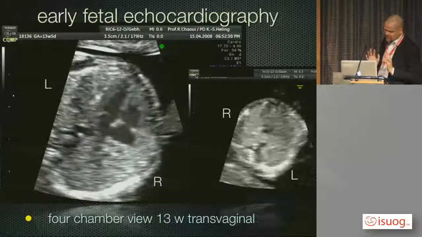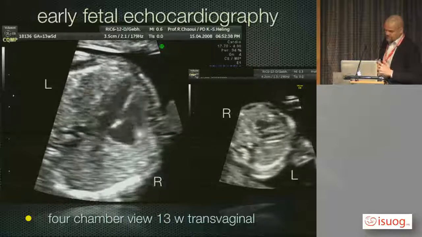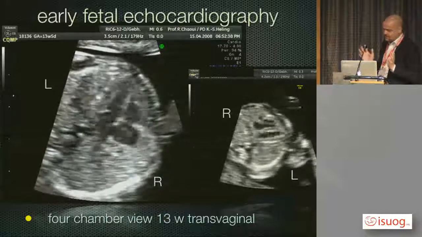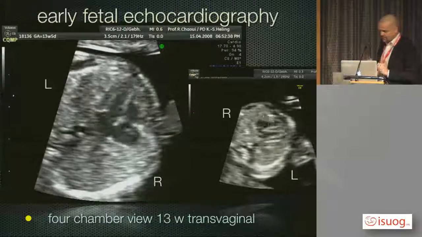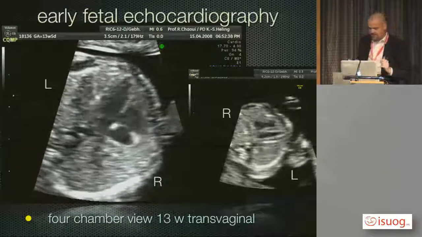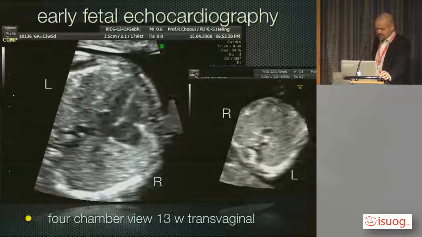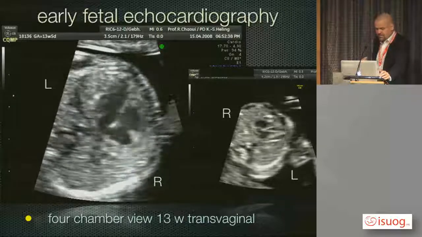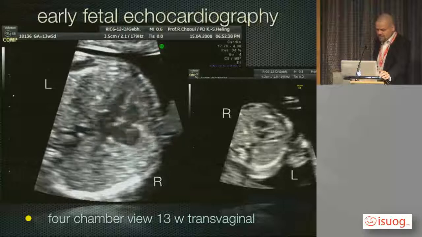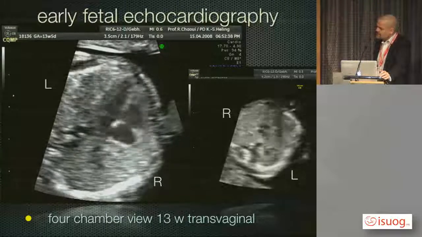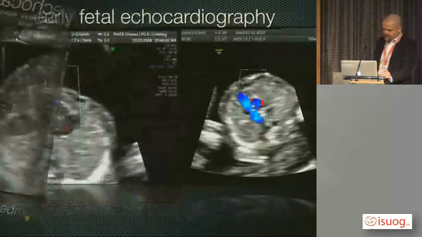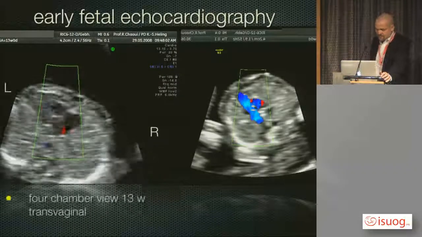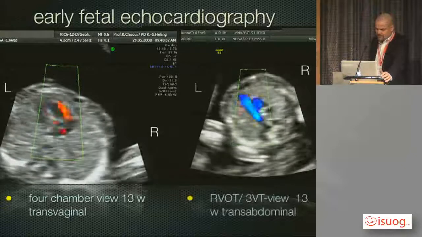You have both ventricles, you have the two atria, we have the two AV valves, and maybe sometimes you have the impression you see also the pulmonary veins, but never would speak about this. And in the small video clip you see a four-chamber view coming from the side, and clearly you can see the ventricular septum. Then we go to the color, and you see the diastolic filling of